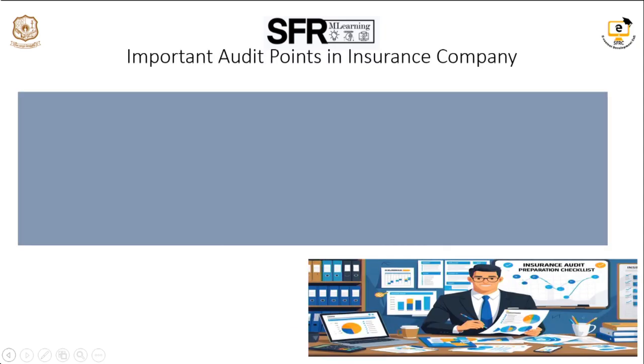Then, some of the important audit points in the insurance company profit and loss account. First one is verification of premium. The premium collections are credited to a separate bank account and no withdrawals are normally permitted from that account for meeting the general expenditure. As per the policy of the insurance company, the collections are transferred to the regional office or head office. No risk shall be assumed by the insurer without receipt of premium, according to Section 64VB of the Insurance Act 1938.